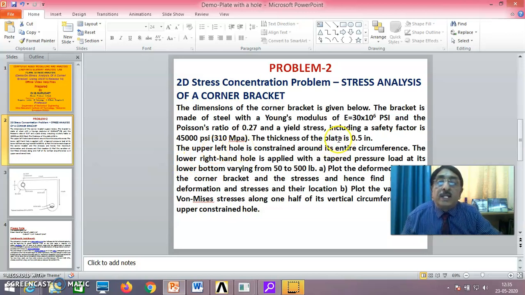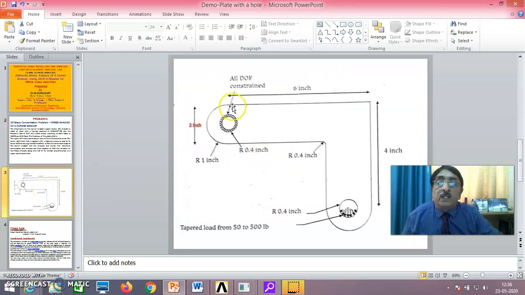Once you do the analysis and the loading, the maximum van Mises stress should not exceed 45,000 psi, because including a safety factor, the yield stress is 45,000 psi or 310 MPa, as given. It should be well within that. If the maximum van Mises stress is well within 45,000 psi, the structure is safe. That is what you conclude. Anyway, this model has to be done. You carefully remember this.